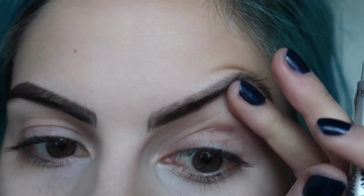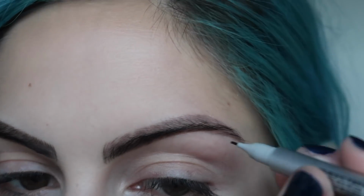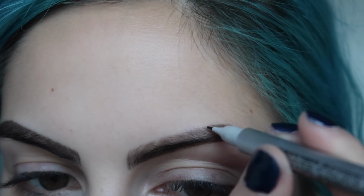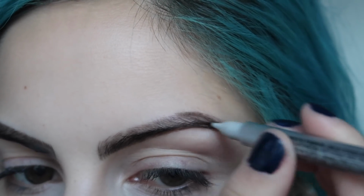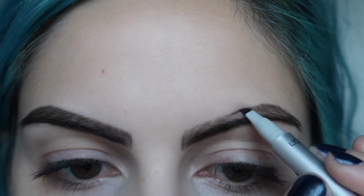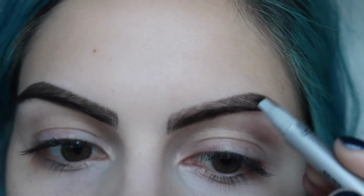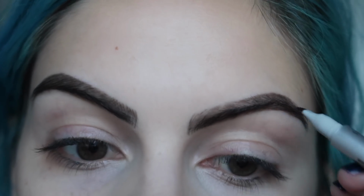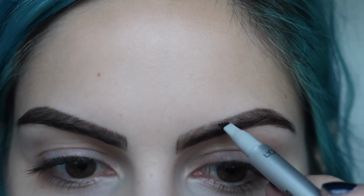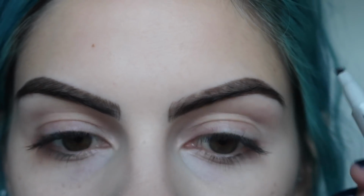So again, just filling in the bottom of my eyebrows now. Just going to drag that product to make a nice line at the bottom so it's really defined, and around the edge there. And then I'm just going to brush the hair so it's filled in underneath. Then I'm going to grab this and I'm going to be dragging it